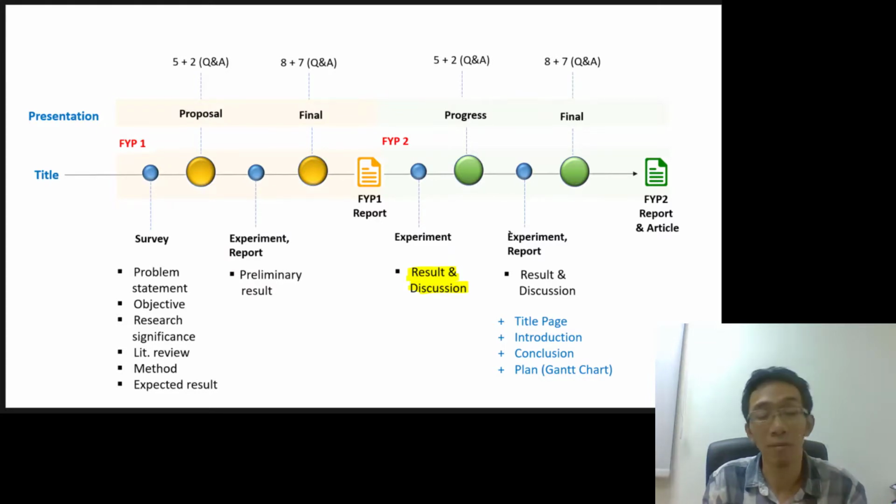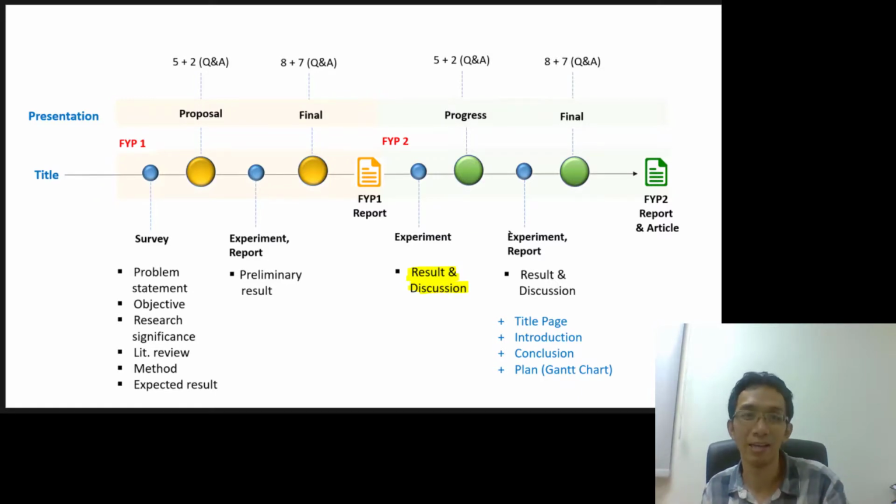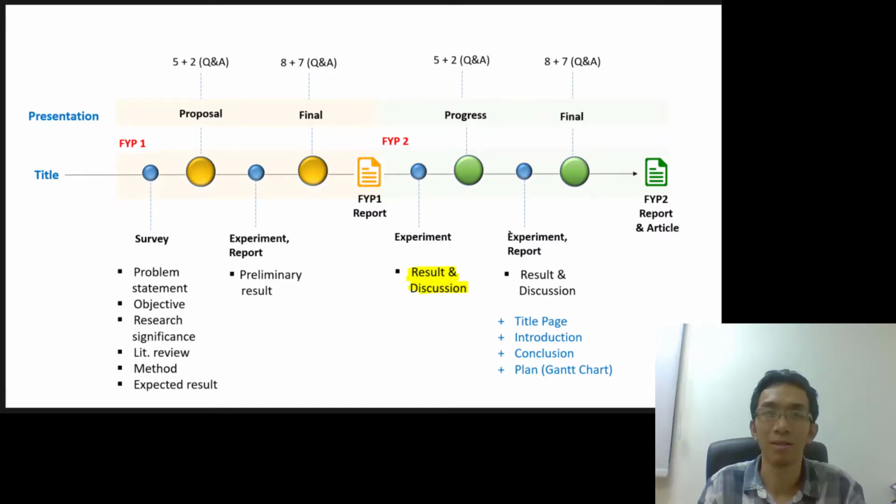Talking about the data, talking about the result, even the wrong result is a result. Let's say you are going for a progress presentation, you did the experiment, but then unfortunately you don't get what you want. In this case, it's okay for you to present that, but you need to discuss, okay, I didn't get this because of this. This is my data, but this data is not to my liking. So because of what? Because of this and that. So you need to discuss whether it's good data or bad data. But never make up data, because if we dig, then we can find it.